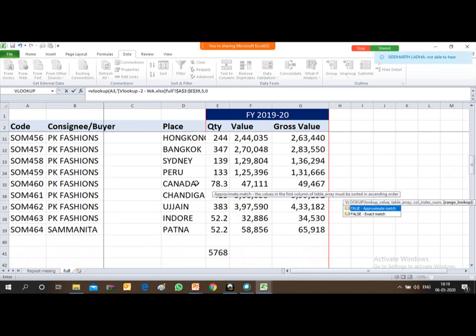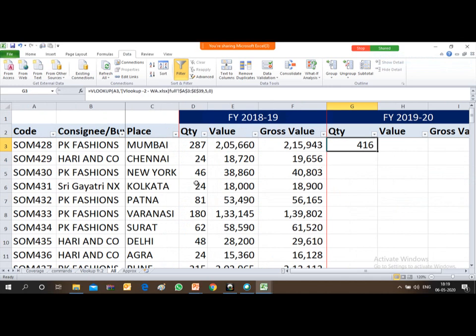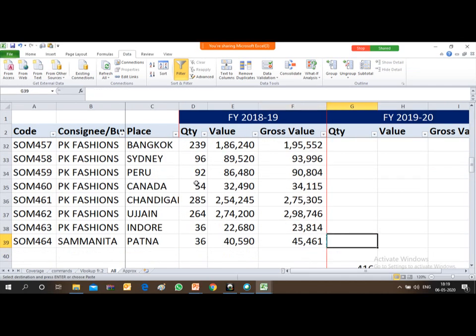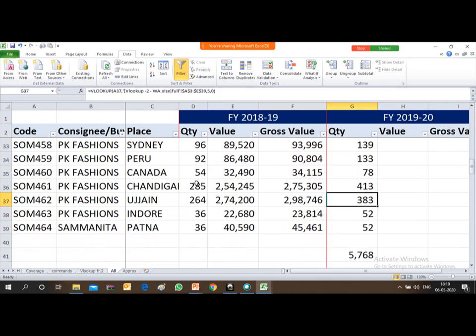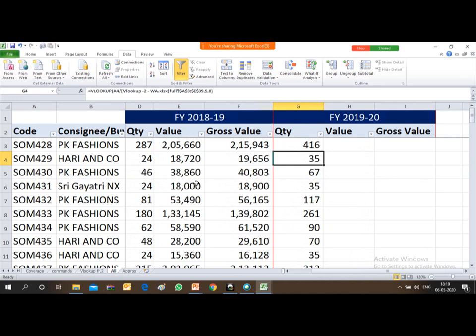Column number 5, comma 0, press enter. Then just copy the formula. Now you see this value is appearing, but the formula is there, right?